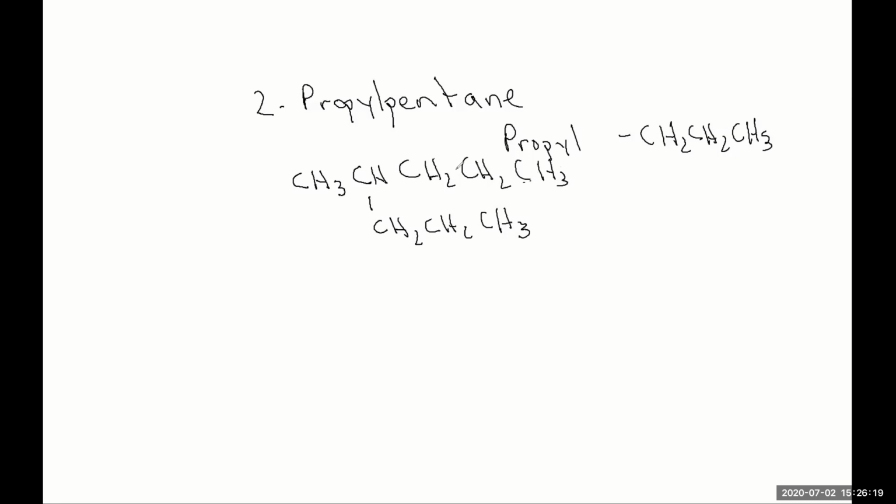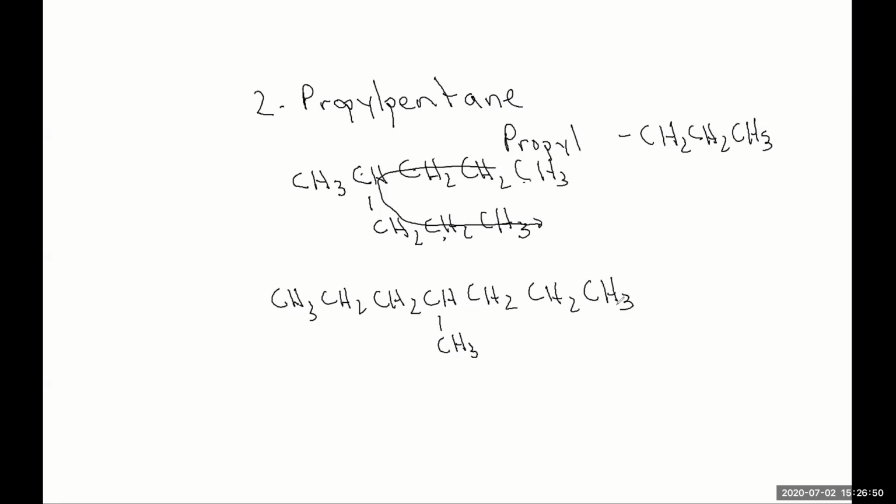chain goes from 1, 2, 3, 4, 5, 6, 7. It's 7 carbons, not 5. So if we redraw this now, we would say CH3, CH2, we're going from here to here, CH2, CH. Then there's the methyl group here, which we'll put down here, and then we'll put the propyl group. Okay, so now what do we have? We have this representation here.